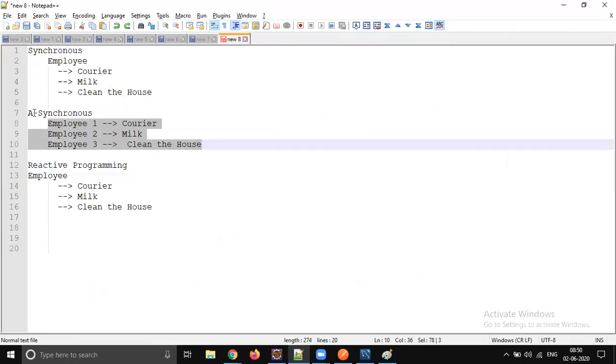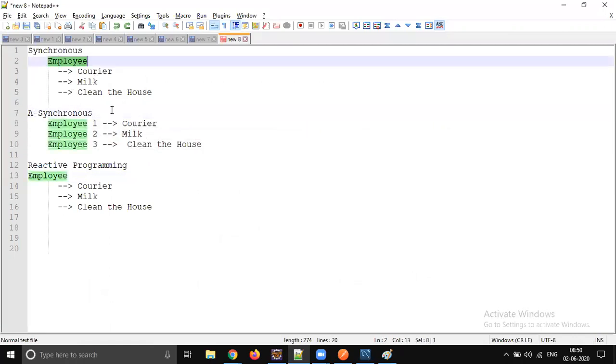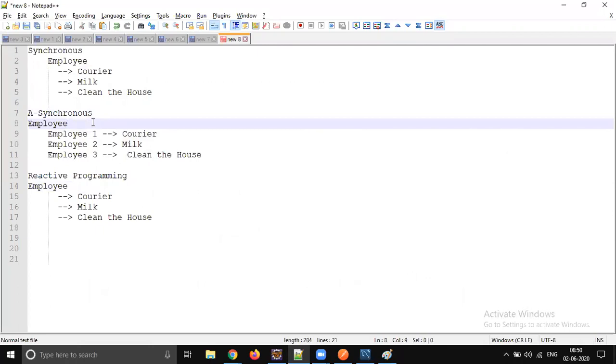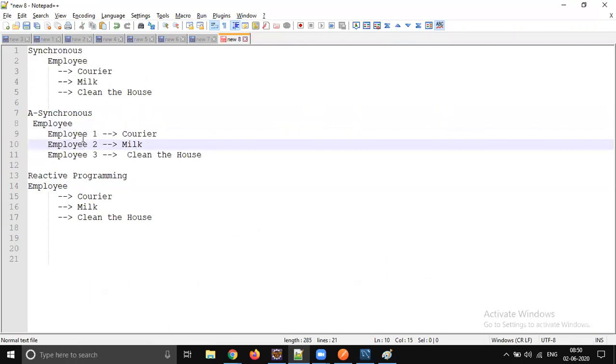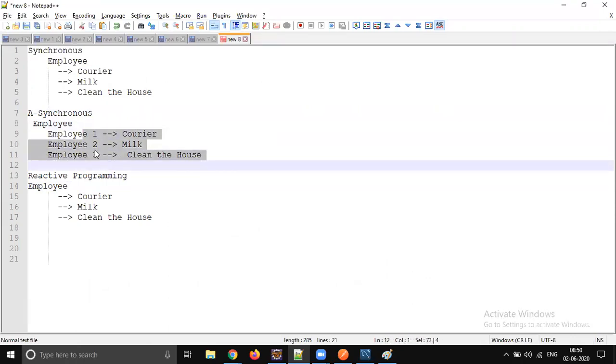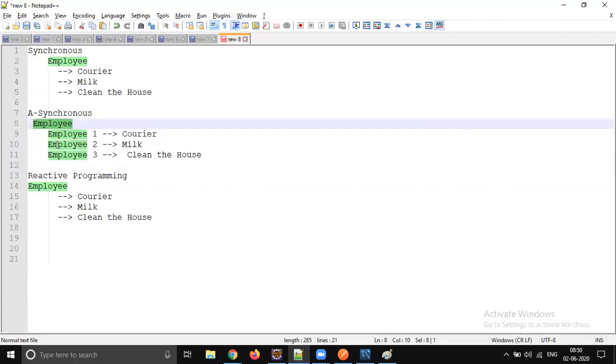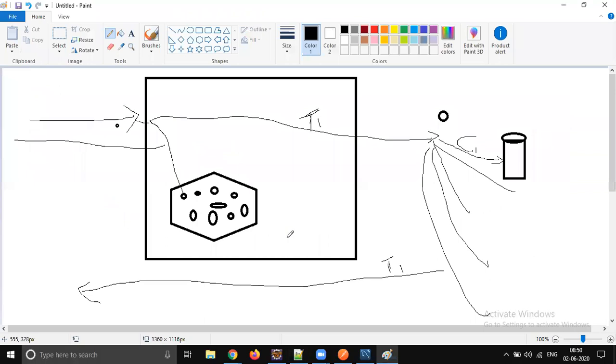Again, your main employee: you need to recruit 4 employees here, and your base employee will always be there. He will collect the responses from all these people and report them. So this employee is sitting idle, right? If this employee is a main thread, then your response time will not improve and you cannot use your threads efficiently.